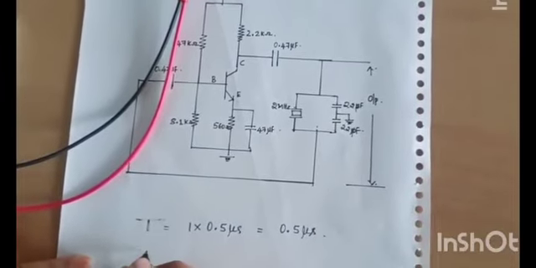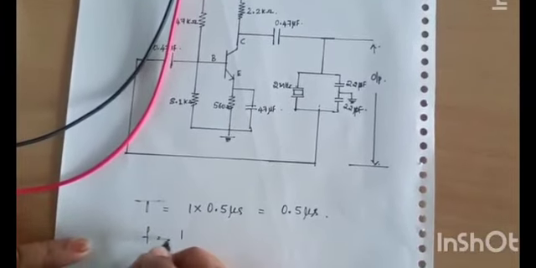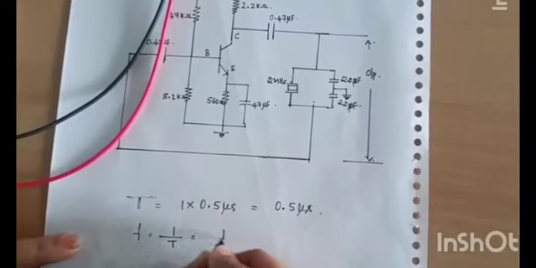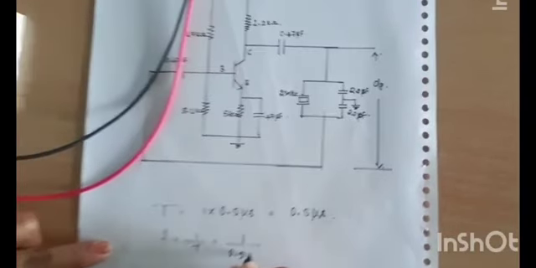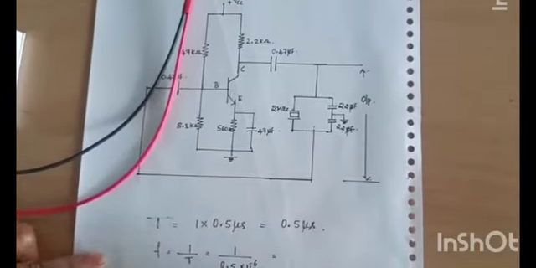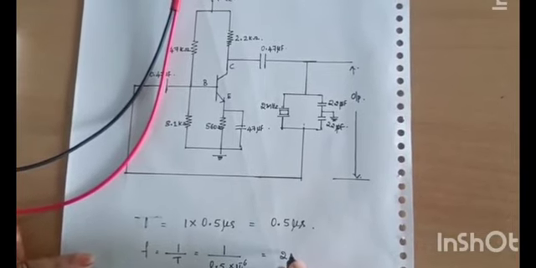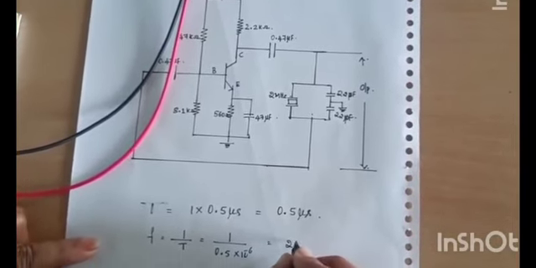But what is the frequency I want? Frequency is nothing but 1 by T, that is 1 by 0.5 into 10 to the power of minus 6, that will give you 2 mega